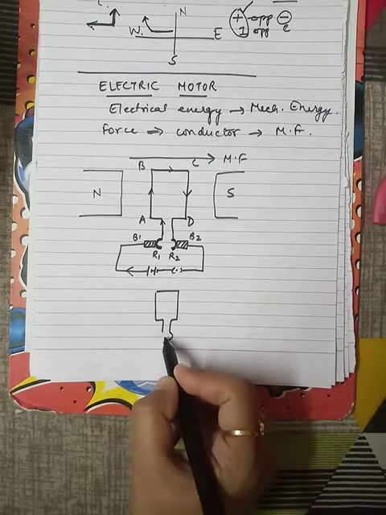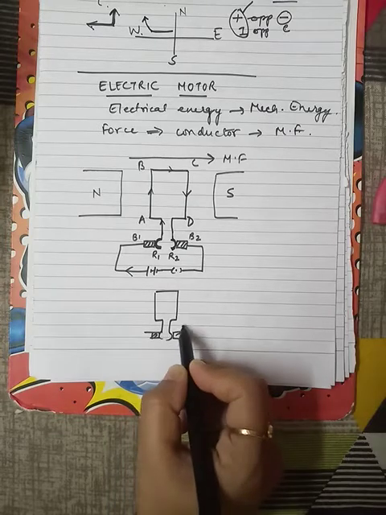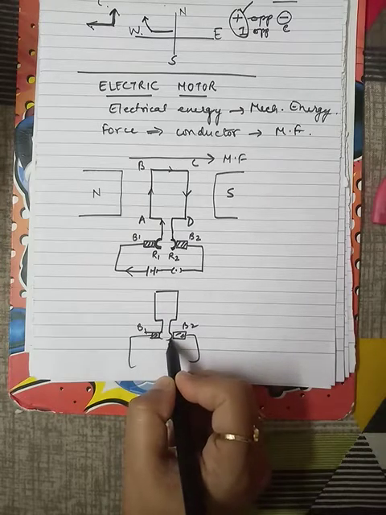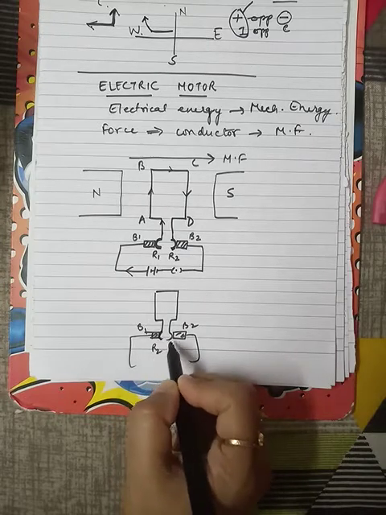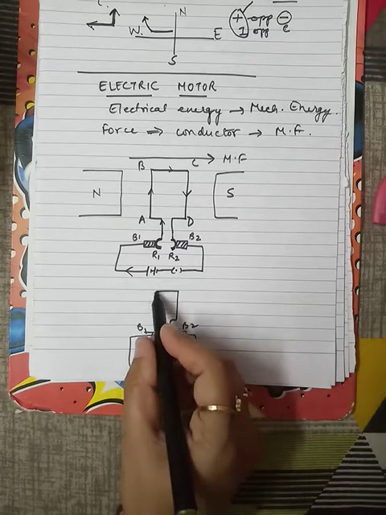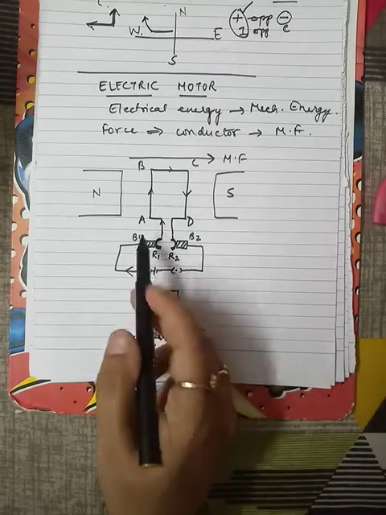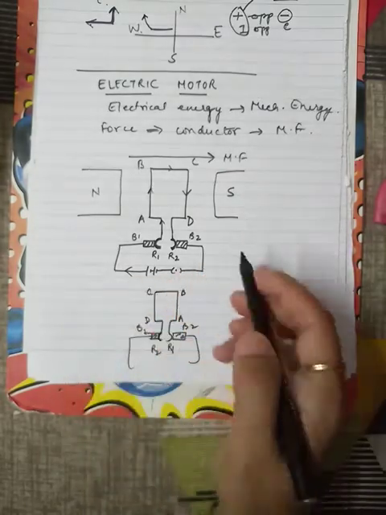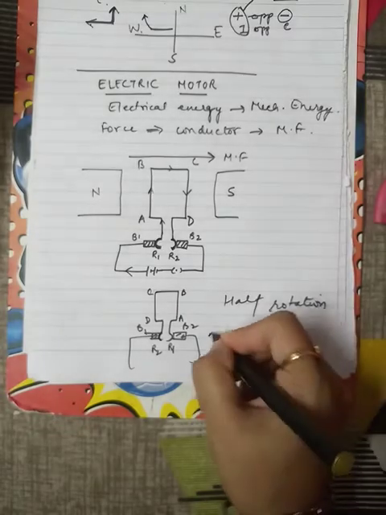In the next case, the brushes are like this. Brushes will remain the same, B1 and B2, and this ring is now R1 and this ring is now R2. R1 gets attached with B2 and R2 gets attached with B1, and this is completely inverted, so this side is now A and this side is now B, and this is C, now this is D. So it is inverted after half rotation. After half rotation, this is the situation.